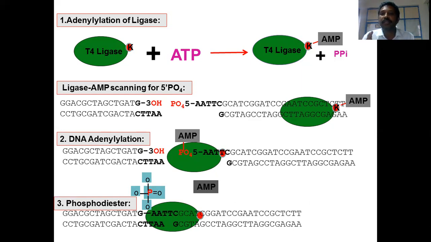This is the mechanism of action of a ligase molecule in establishing the phosphodiester bond between 3' OH and 5' phosphate. Ligases are also like polymerases, which are involved in phosphodiester bond formation, but the only difference is that the processivity of polymerase is very high. They establish phosphodiester bonds at 1000 per second. Here, 400 phosphodiester bonds can be formed by the ligases per second.